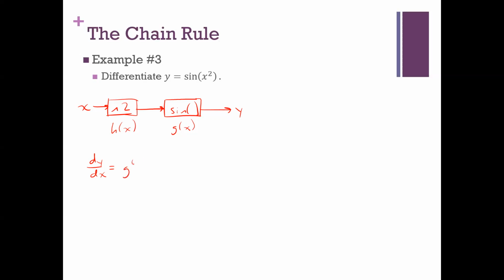So I need to handle g prime. So I'll take that derivative. But what is the input to that function g? h of x in this case. So there's one derivative. And I need to multiply that by what other thing? h prime of x. So before we actually fill in the function specific things, one thing I want to highlight here is that